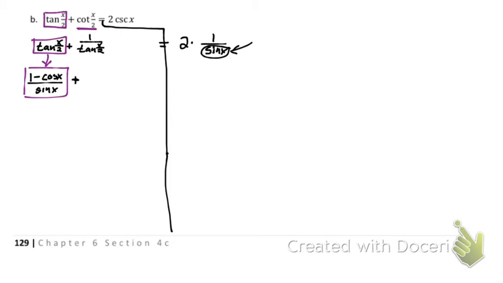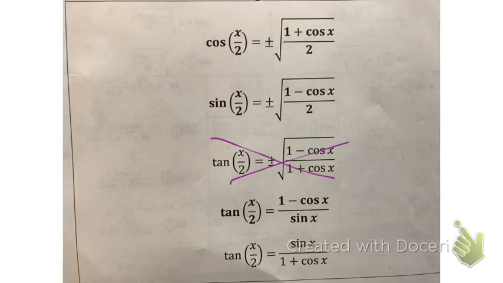Choose another one of the identities. We're going to use another one of the identities. What identity are we going to use? Sine x over 1 plus cosine x. There you go. We're not going to use the 1 minus cosine x. We're going to say, oh, there's another one. So if you look at this one,